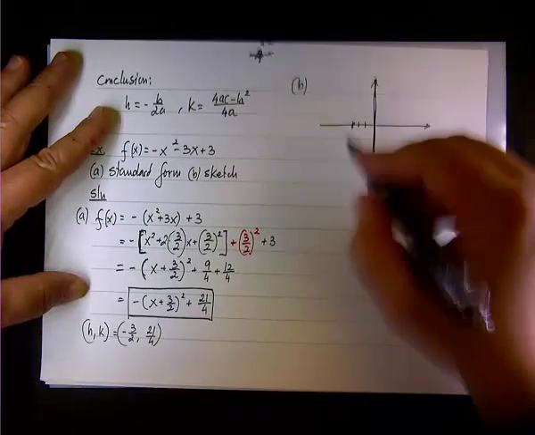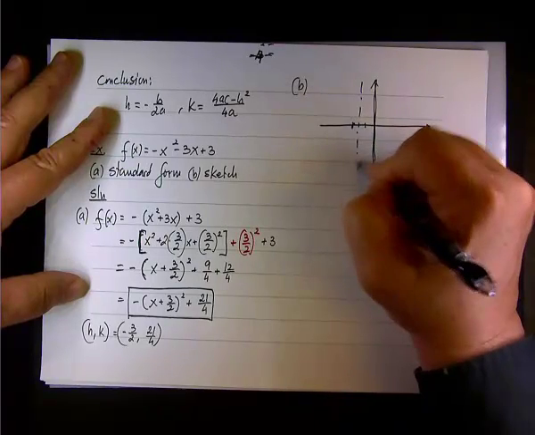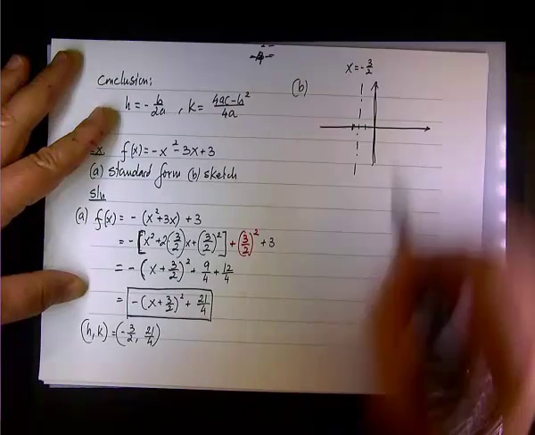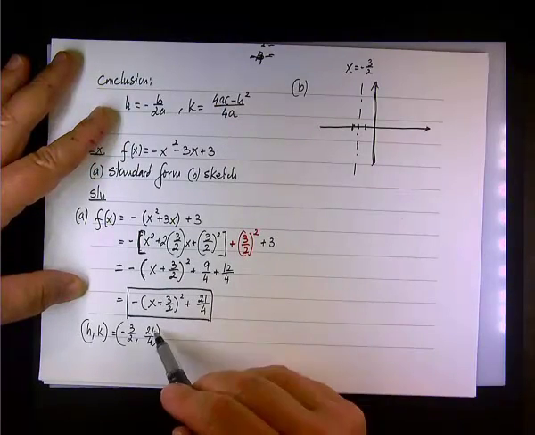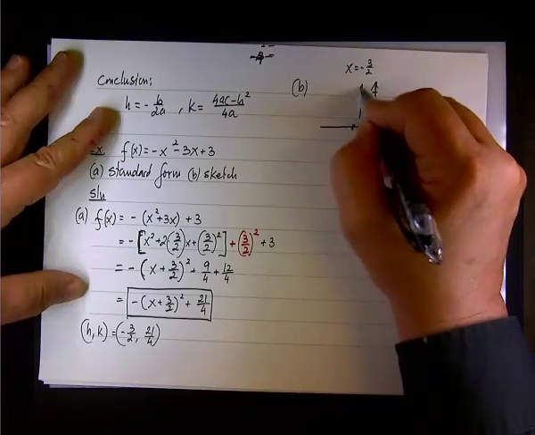Three halves is right here. So this is the axis of symmetry. Okay, this is x equals negative 3/2. The vertex will be 5 1/4, so let's